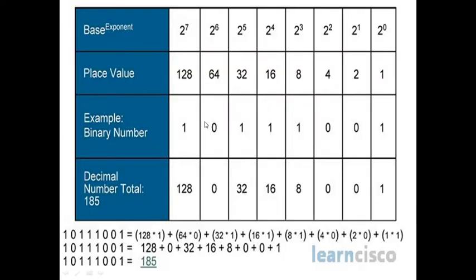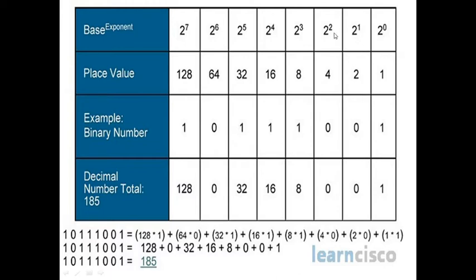Now an example is given here. This is the binary number 101111001. You can write the weights directly, or indirectly you first give the index to it. How to give the index? This is the LSB, so start from the LSB. The LSB gets the index 0, then 1, 2, 3, 4, 5, 6, 7, 8. You're moving from right to left because this is an integer part. It doesn't have a fractional part.